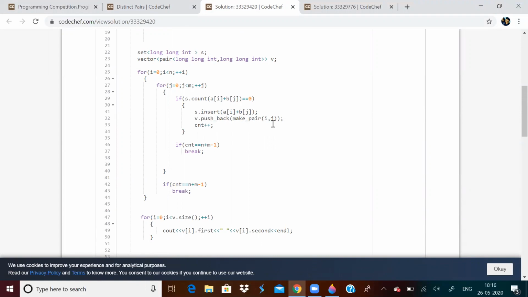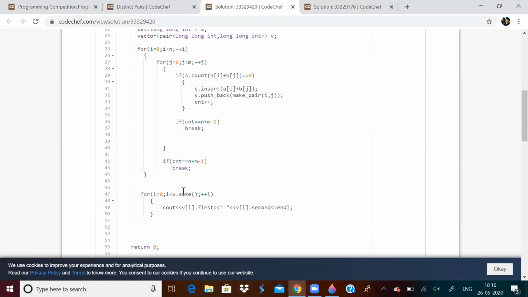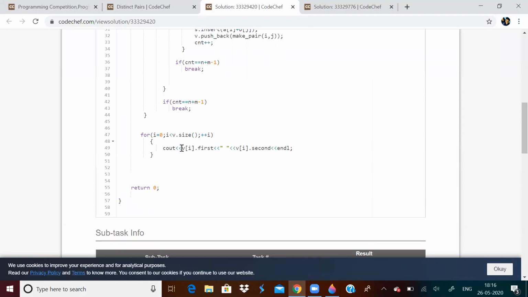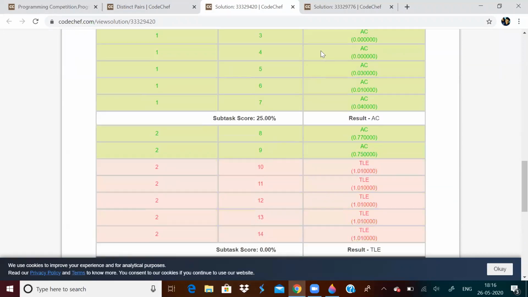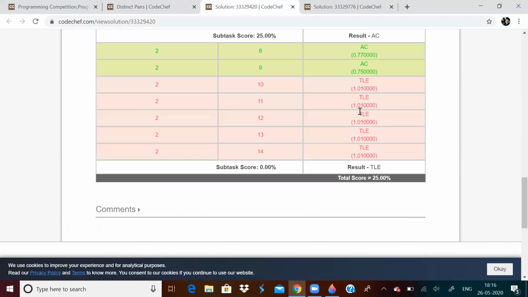I need to output the pair of indices, that is why I have used a vector of pairs. I'll keep counting until the count reaches N plus M minus 1 and then I will break out. Then I will print the respective indices. So this will give you only 25 points and it will lead to a TLE.